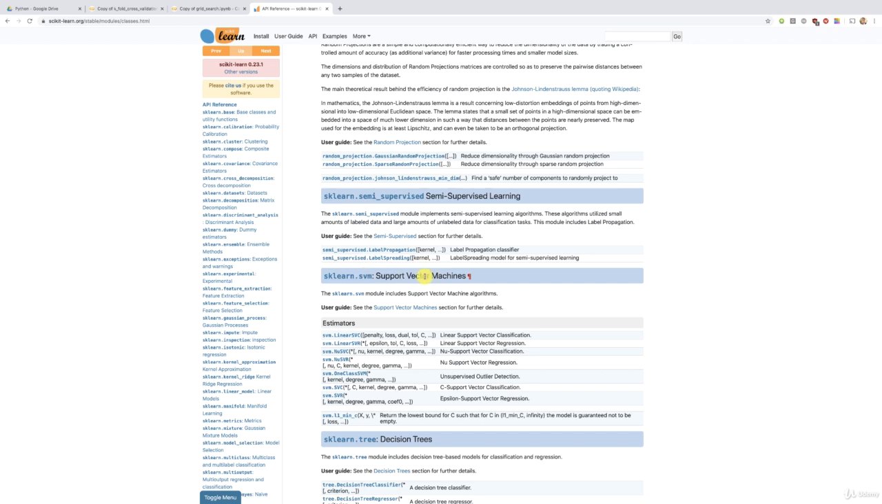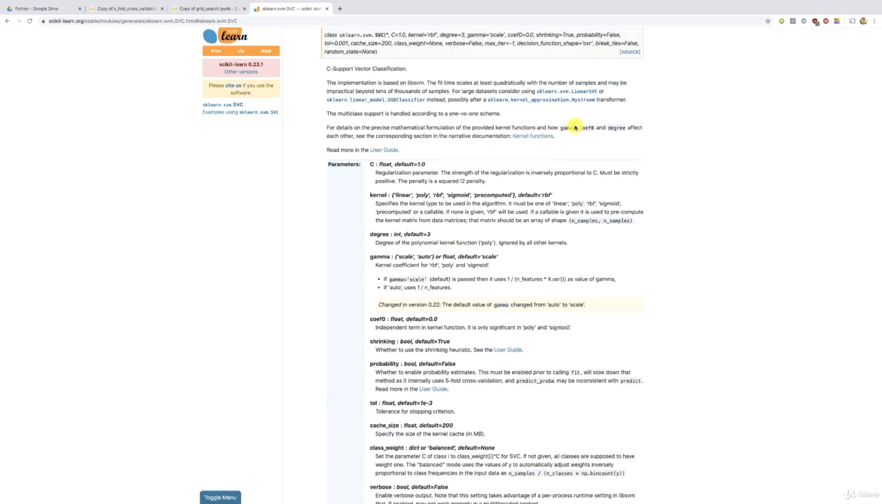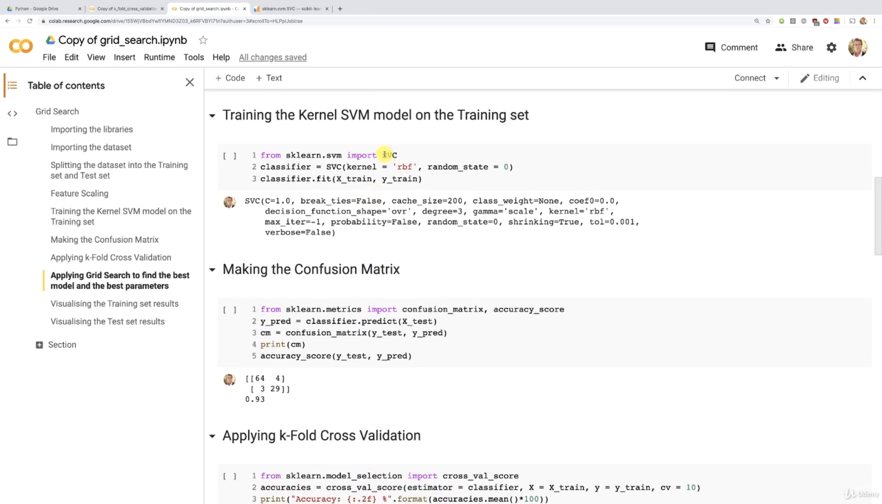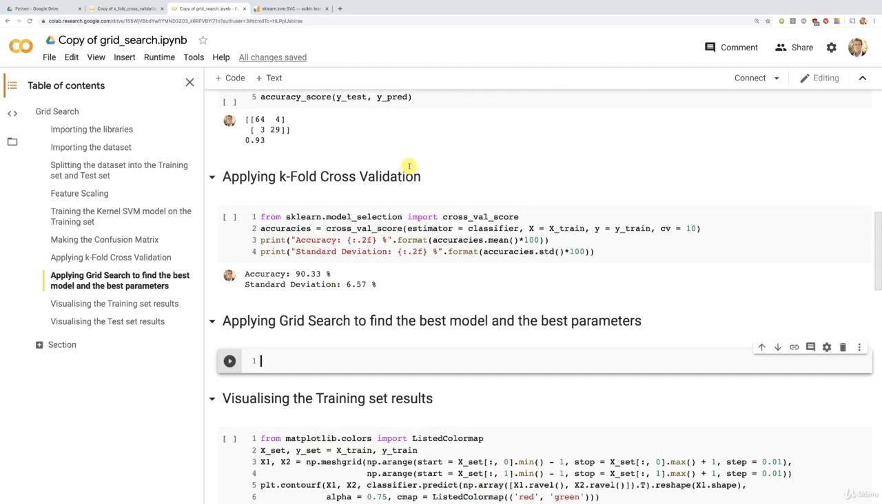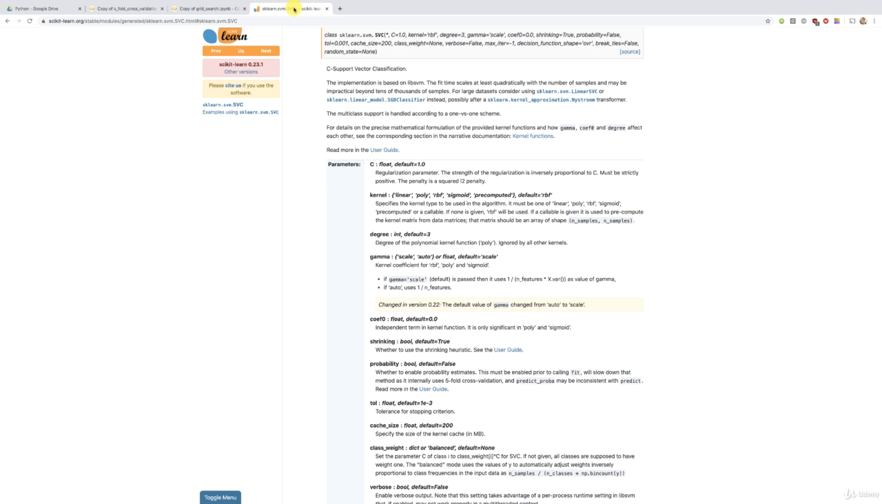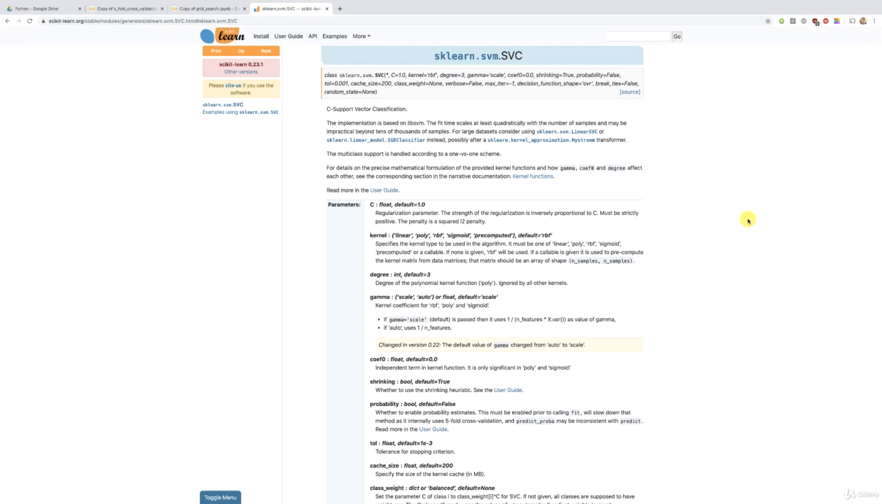There we go. Support vector machines, sklearn.svm. So that's the SVM module of the Scikit-learn library. And remember, the class is this one, svm.SVC. If we check our implementation, we import this SVC class to build this kernel SVM model with a radial basis function kernel. Okay? All right. So k-fold cross-validation, grid search. There we go. Back in the Scikit-learn API,